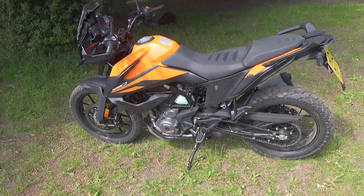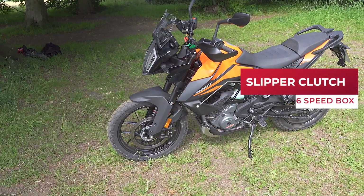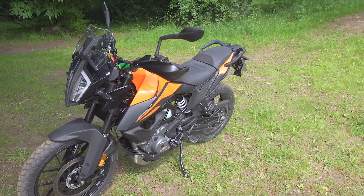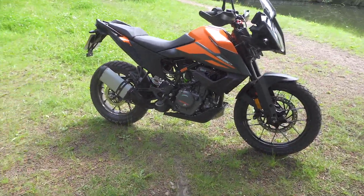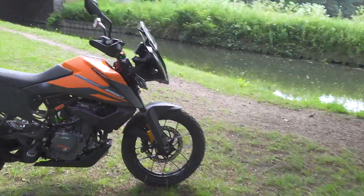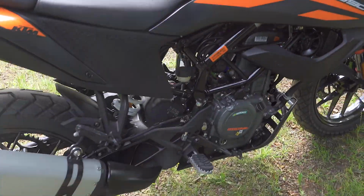It's got a water-cooled 4-stroke 373cc engine in the middle. Got a slipper clutch, obviously. 6-speed gearbox. And it's obviously an A2 license-friendly bike. The difference between this one and the Duke is that it's got longer suspension. It's got 170mm of wheel travel from these adjustable WP forks. You can see in here. It's also got a longer shock